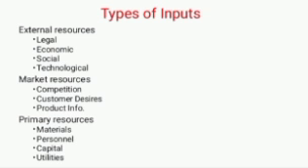The second one is market resources. Market resources consist of three parts: competition, customer desire and product information. Competition plays a vital role for demand and supply of a product. Without competition there will not be any sale or purchase of a product. If there is competition in a market for the product, there will be a higher demand for such product.